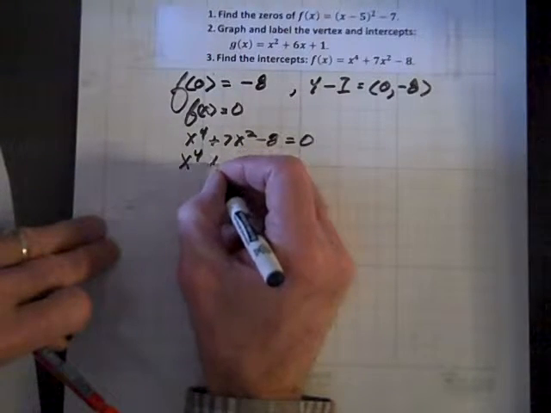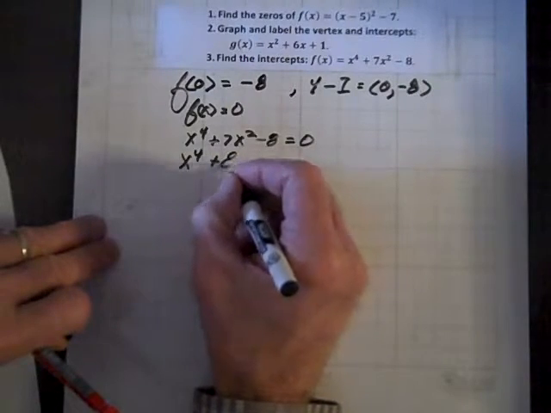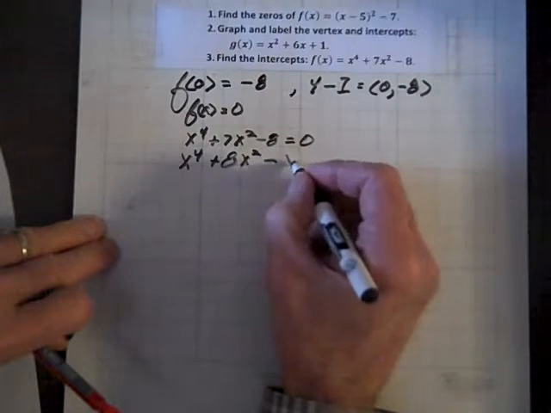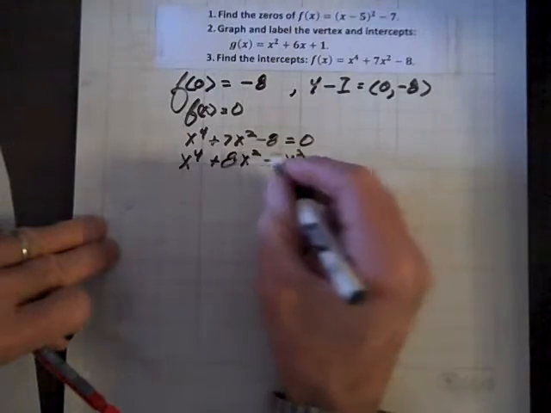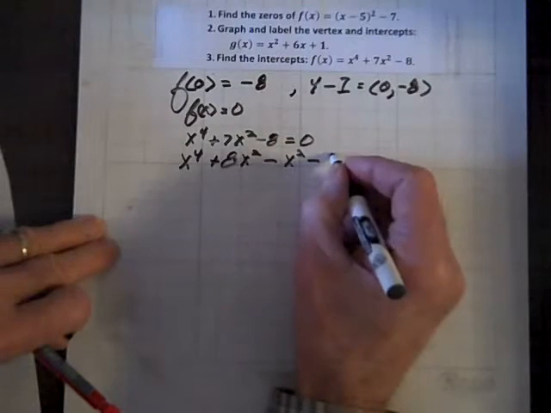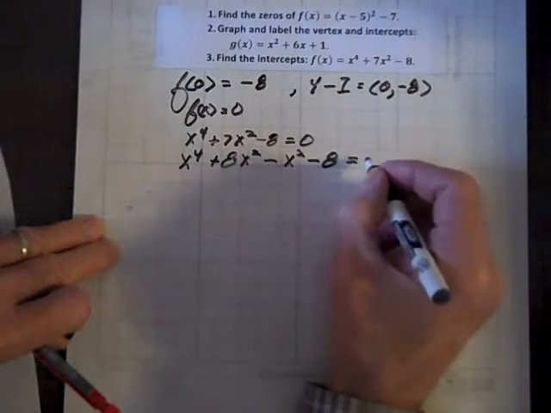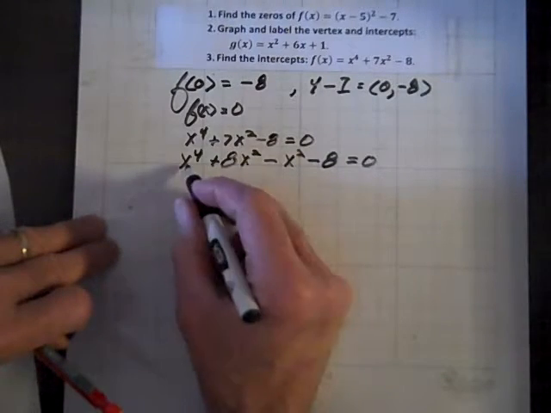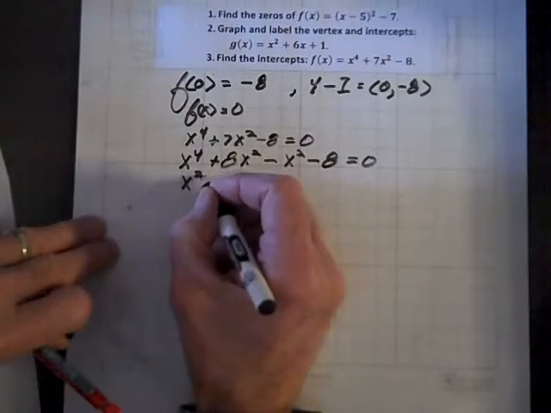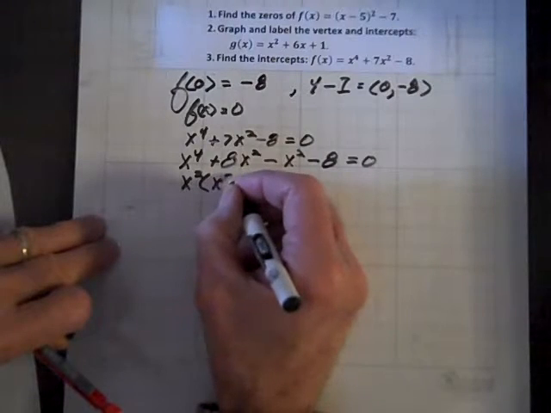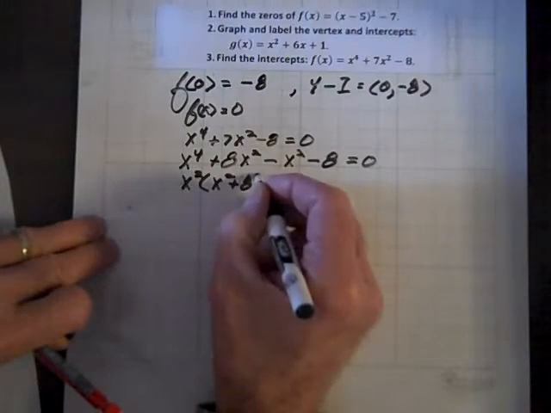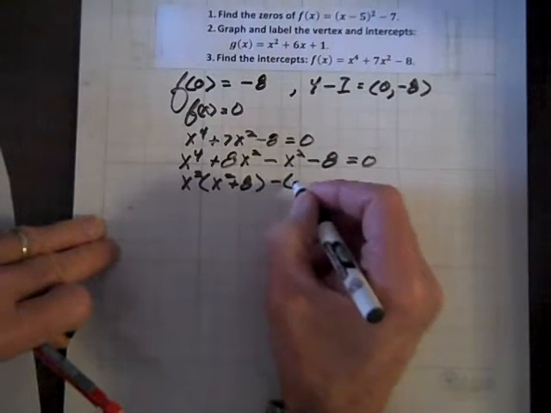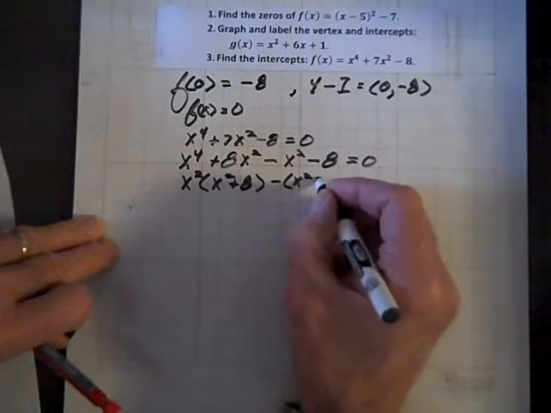8 and 1. So we have an 8x squared minus an x squared, minus 1x squared is 7x squared, and we still have this negative 8 hanging out here. And now let's see, we can factor an x squared out of each of these terms, x squared times x squared plus 8. And we can factor a negative out of each of these terms, and we get x squared plus 8